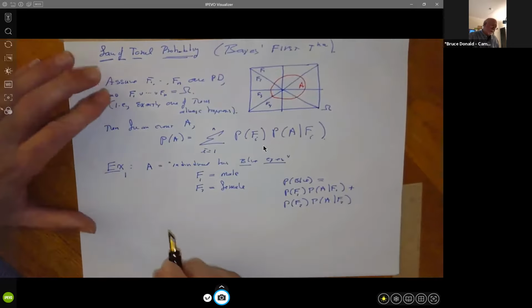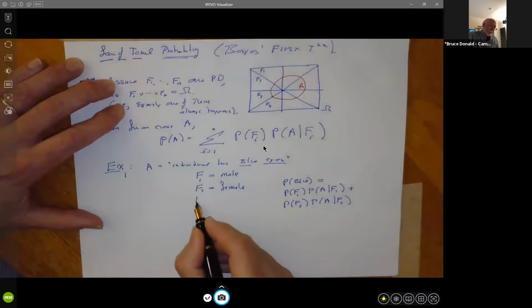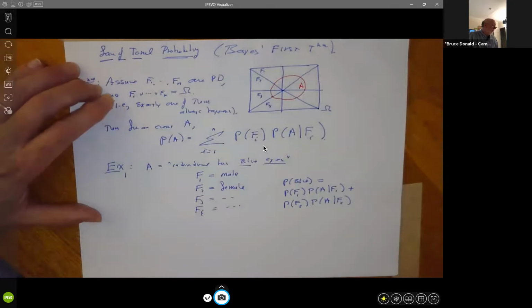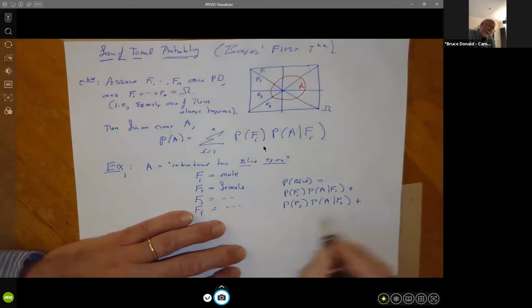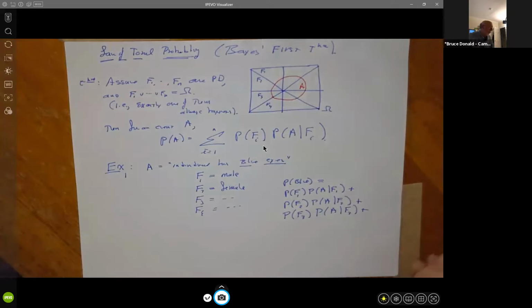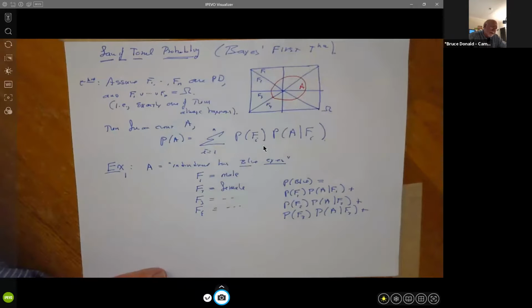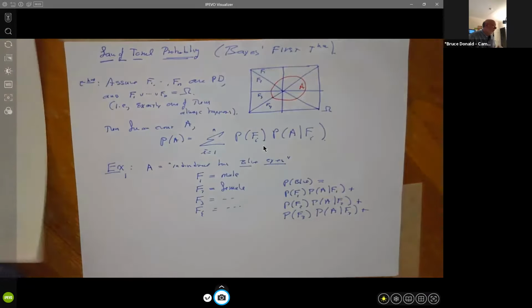Now, if we have other genders, again F1 is the frequency of being male, F2 female, we can add in the other genders however they're listed, and continue the sum. The third term is the probability of being gender 3 times the probability of having blue eyes given that you're gender 3, and so forth, all the way up to 8. It's a fairly natural construction. Basically the events have to form a partition, and given that they form a partition, we can calculate probabilities very nicely. Again, the law of total probability, extremely useful in the future.